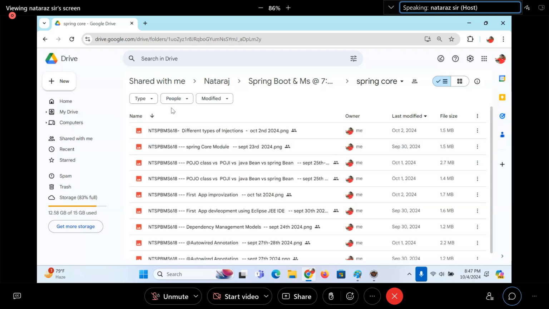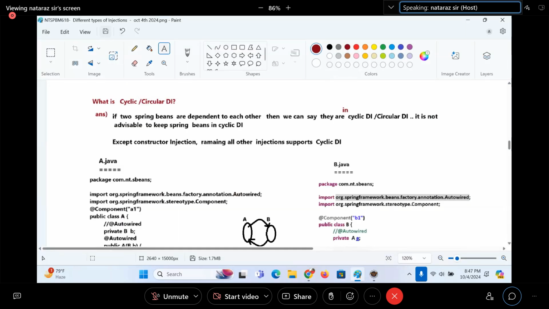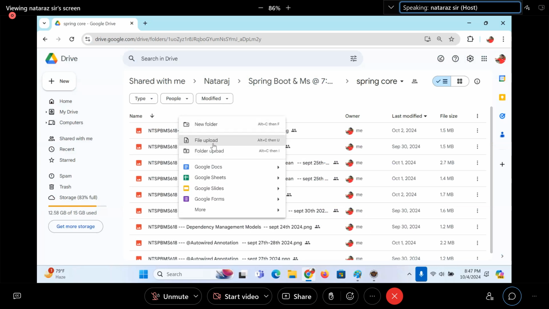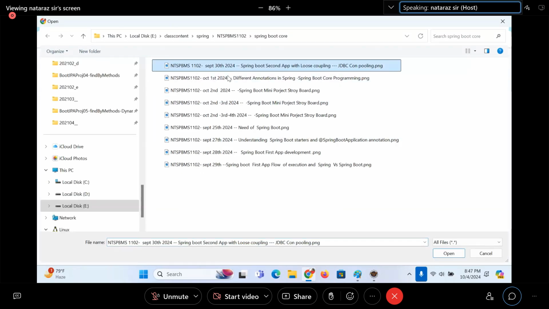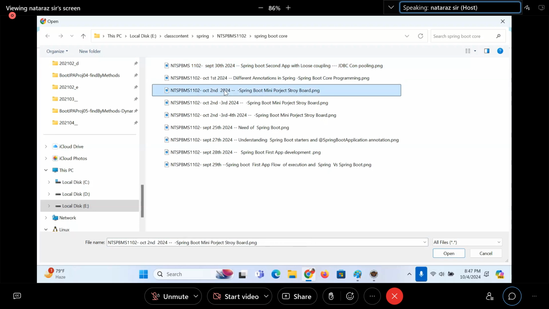New core module. Let me save the document once again, all the modifications. Right click, file upload. I think I have modified the other day's document also, guys. Where is that? October 4th. Today's date is what? This one, no?